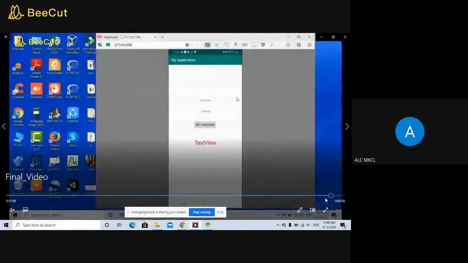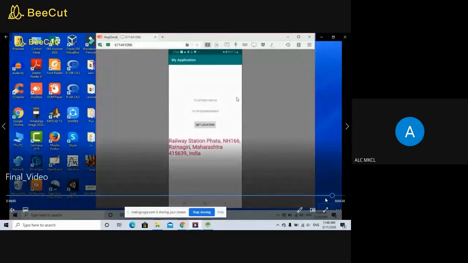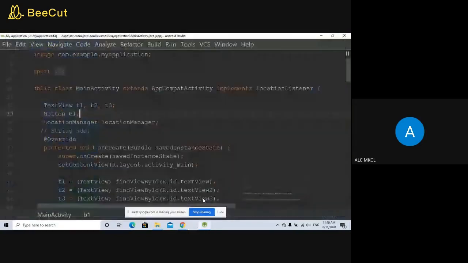Okay, so in this way, your application will look after clicking on this location button. See, the longitudes and latitudes are displayed along with the address. So this is your practical number 1. I will repeat all the steps with the application.